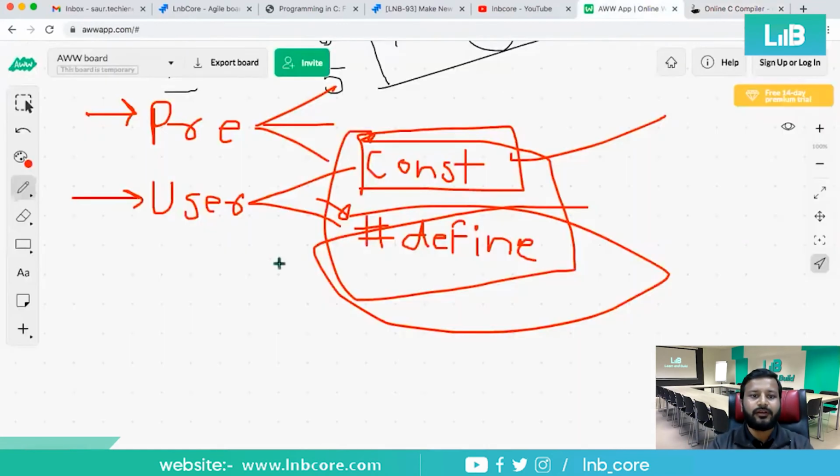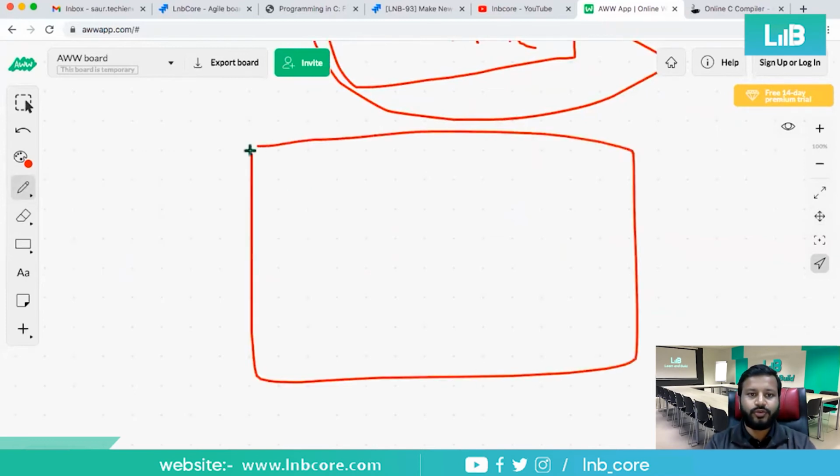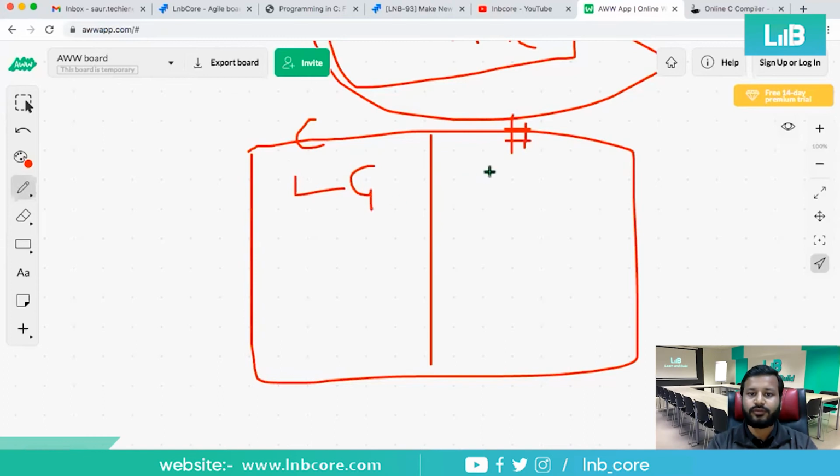So if we make a table of using both constant and hash define type of variables, then constant is local and global both. However, hash define is global always, right? Then it requires data type. It does not require, no requirement for data type, right? I hope you have understood what I am writing here.